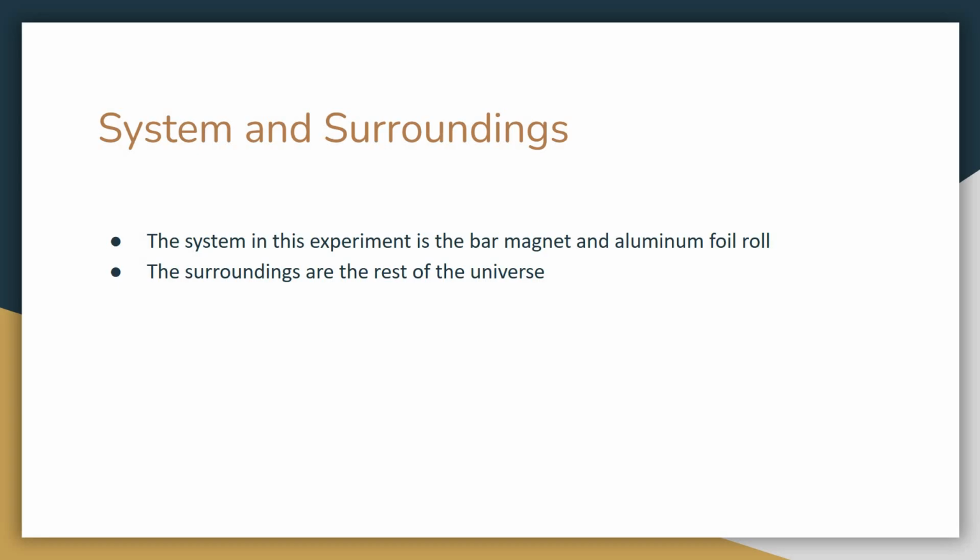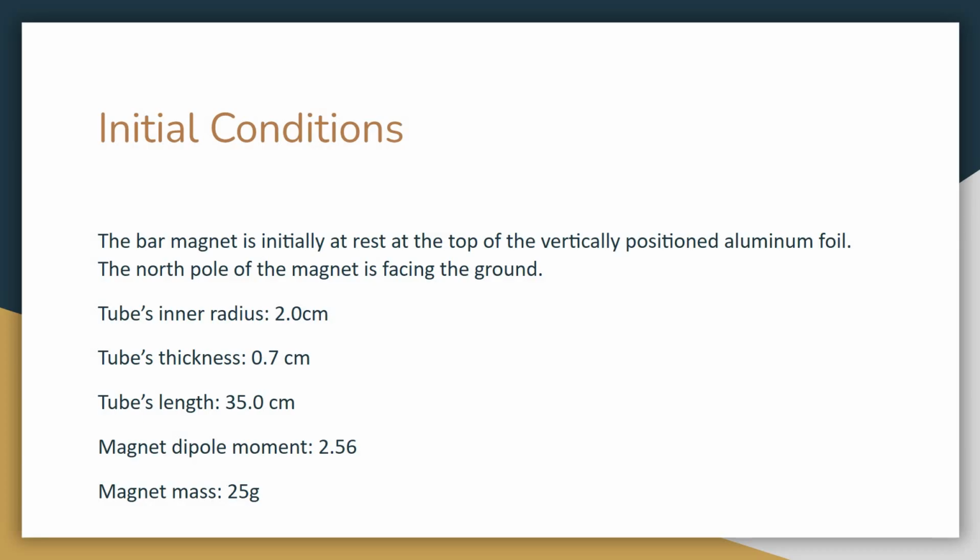The system in this experiment is defined to be just the bar magnet and an aluminum foil roll, and the surroundings are the rest of the universe. For the experiment, initially the bar magnet is at rest at the top of a vertically positioned aluminum foil tube. The north pole of the magnet is facing the ground, and the tube's inner radius is 2 centimeters, the thickness is 0.7 centimeters, the length of the tube is 35 centimeters, and the dipole moment is 2.56, and the magnet's